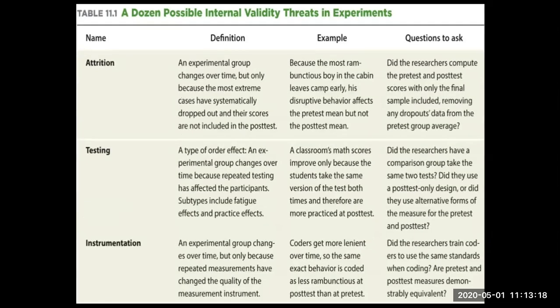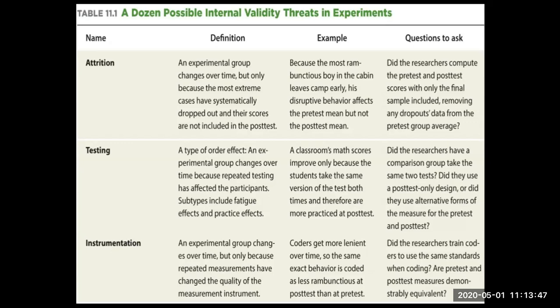The other three: attrition, testing, and instrumentation. So for attrition, an experimental group changes over time, but only because the most extreme cases have systematically dropped out, and their scores are not included in the post-test. The example: because the most rambunctious boy in the cabin leaves camp early. He was so rambunctious that they sent him home. He was just not behaving, going against the rules, and just being a bull in a china shop,